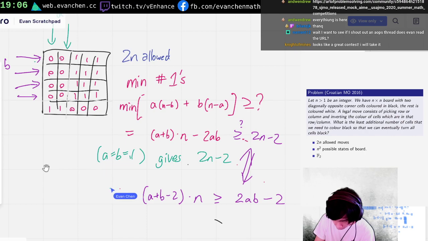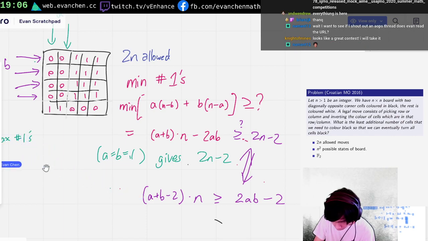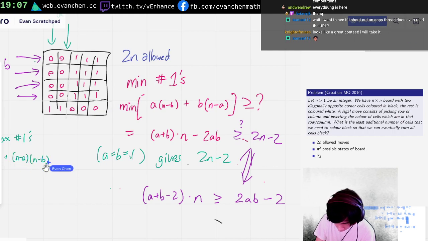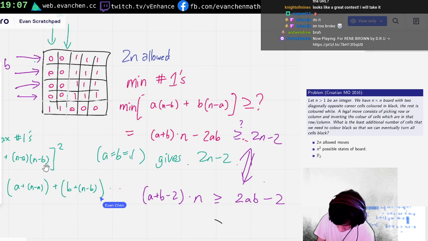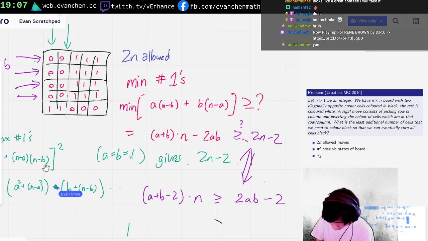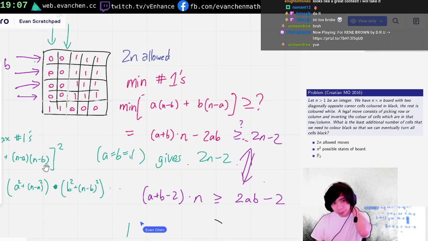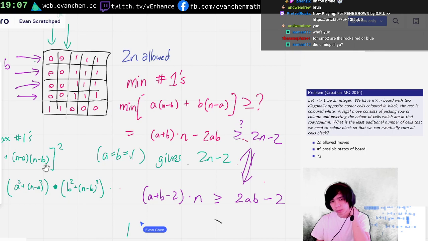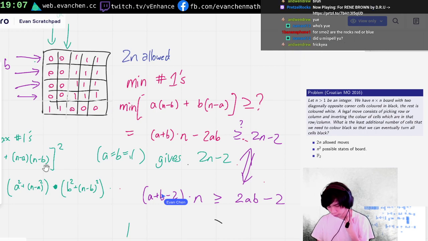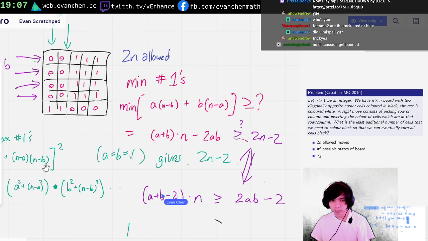The number of ones is equal to like a, b plus n minus a, n minus b. And by Cauchy-Schwarz, the square of this is less than or equal to, no, sorry, a squared plus n minus a squared times b squared plus n minus b squared. A and b can't be n or 0 because then you don't... Or I guess they could be. No, actually, a...